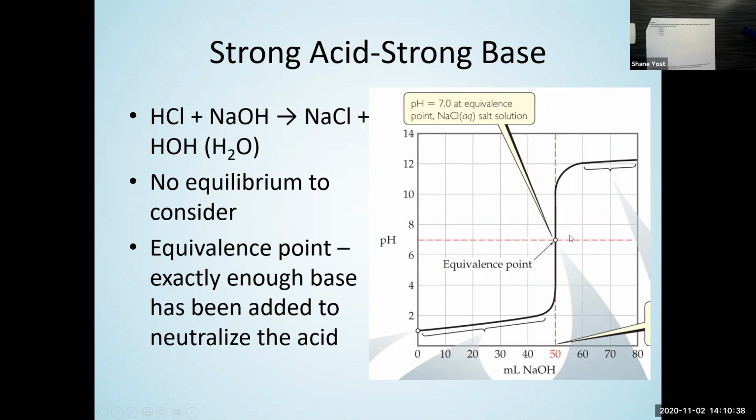Then right around the equivalence point, my indicator is going to change color. If I zoom in around this 50 milliliters of sodium hydroxide added, just barely to the left of 50 milliliters I'm one color, and barely to the right of 50 milliliters I'm going to be another color. And so this color change of my indicator will tell me that I've essentially reached the equivalence